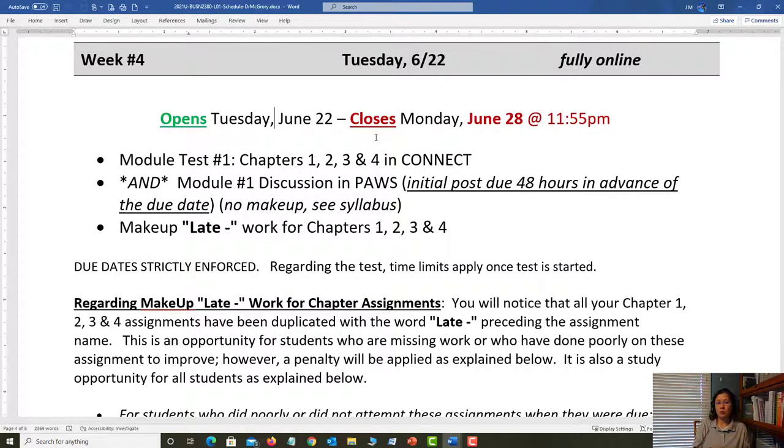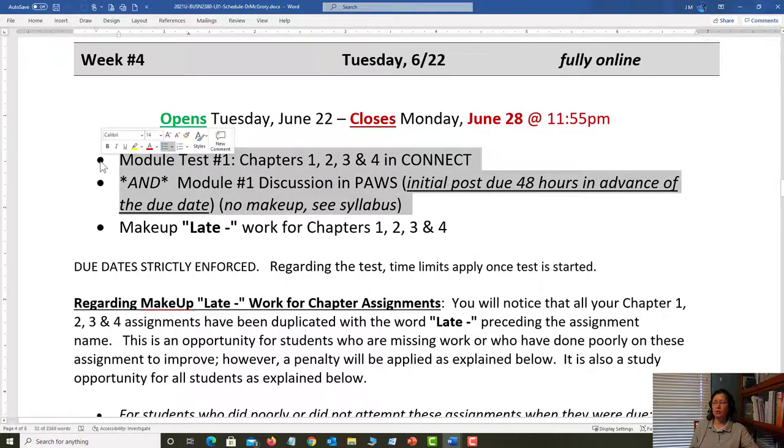Now, you still got 2 more responses that you need to make to your classmates' postings. So as you've taken that test, maybe at least one, maybe two, maybe three attempts in on that test, then you start going back and reading the postings that your classmates have done. And when you see that somebody has written a post that is intriguing to you, you respond to that in a way that extends the conversation. You know that we're not going to do "like" or something like that. You're going to have to talk a little bit. I'll talk about that more in a little bit. So this is the primary focus for this particular week.